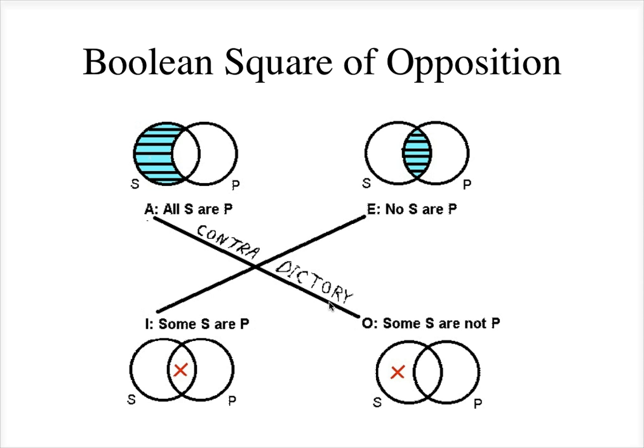And we will be exploiting some of these ways in various parts of the course. We will exploit the idea of logical equivalence to make what are called immediate inferences from one statement to another form of the same statement. And we will also make use of the fact that the negation of certain statements is logically equivalent to the contradictory statement of the unnegated form of that statement, in order to work around some strange forms of categorical statements where they don't quite fit the form. But we'll talk about that in a few days.